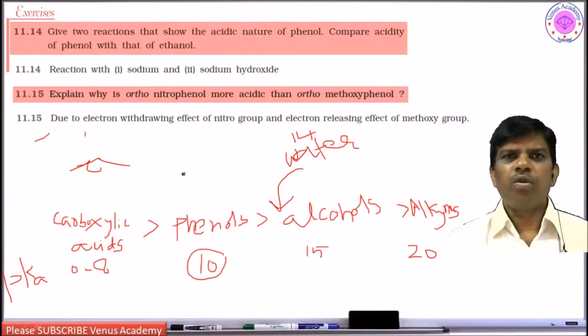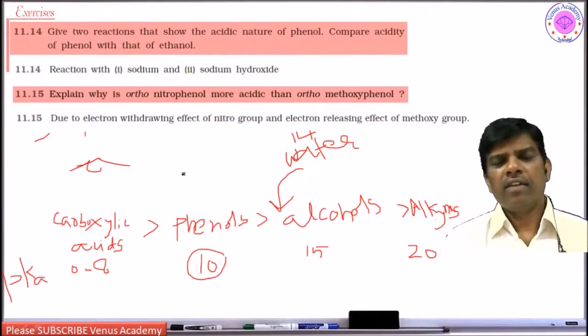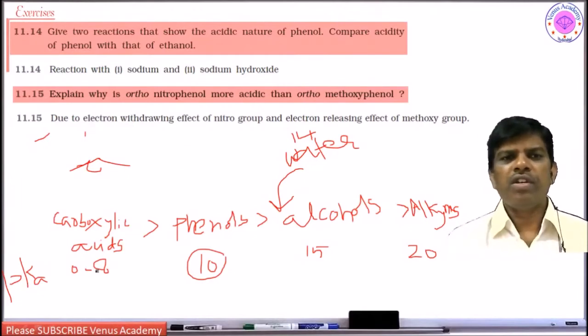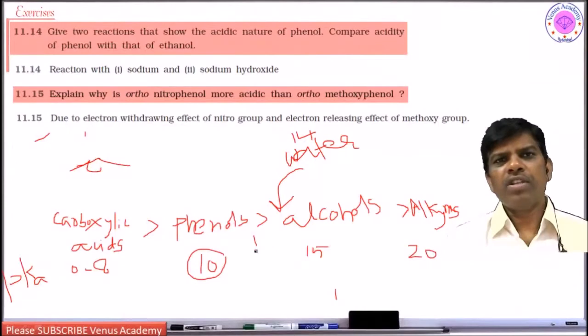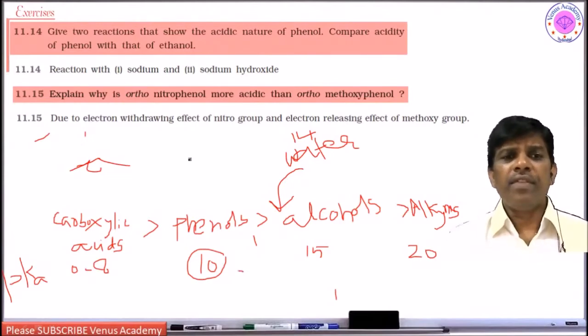So nitro group is an electron withdrawing group, so it is going to increase the acidity of phenol. If it is at the ortho position, the effect is more, and at the same time at the para position. Ortho and para nitrophenols are more acidic than meta nitrophenols. And one more thing, if the phenol is substituted at 3 positions, that is ortho, para and ortho,